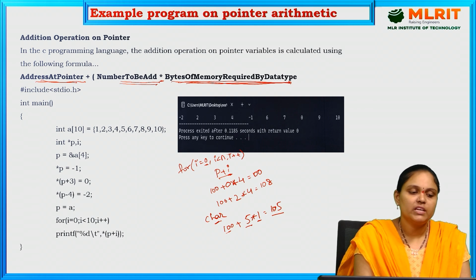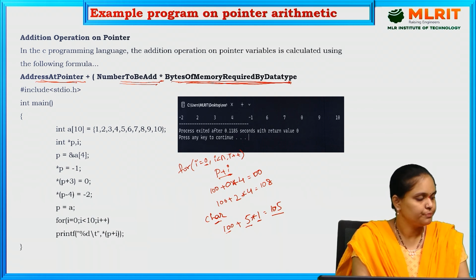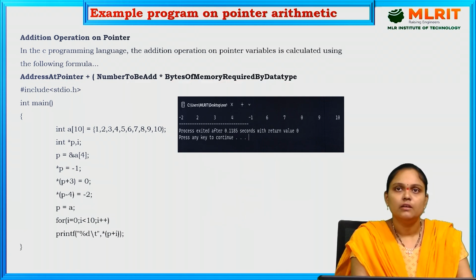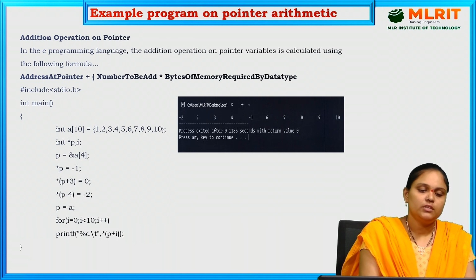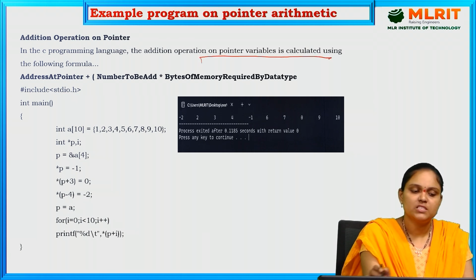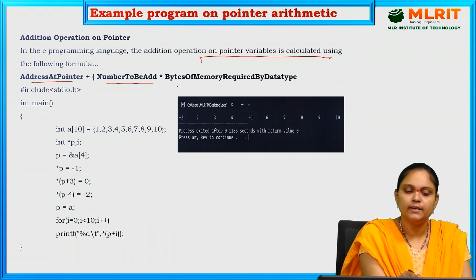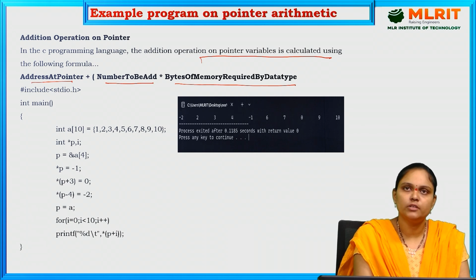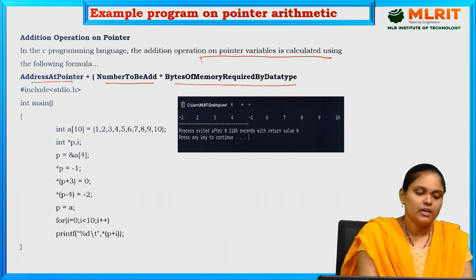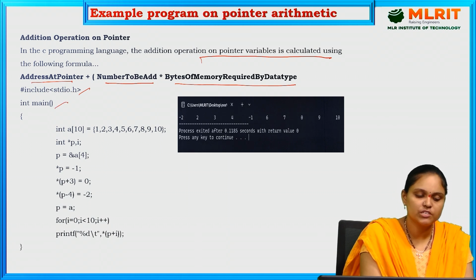So we'll go with an example operation for this addition. Here the addition operation on a pointer variable is calculated using the formula: address in the pointer variable plus the number to be added, in bytes of memory required by the data type. One example: we write the hash include header file and the main function, and here we